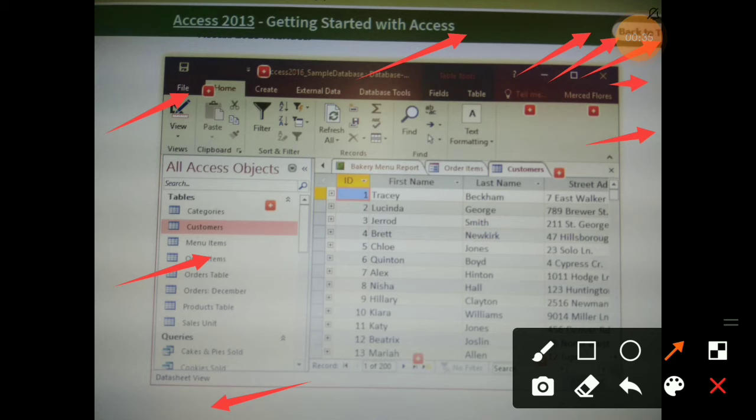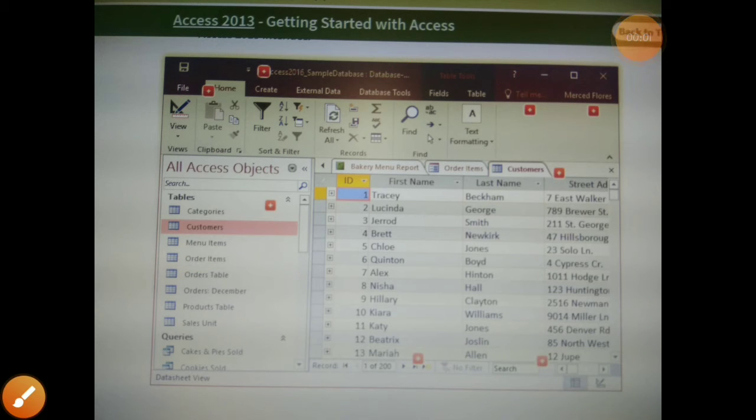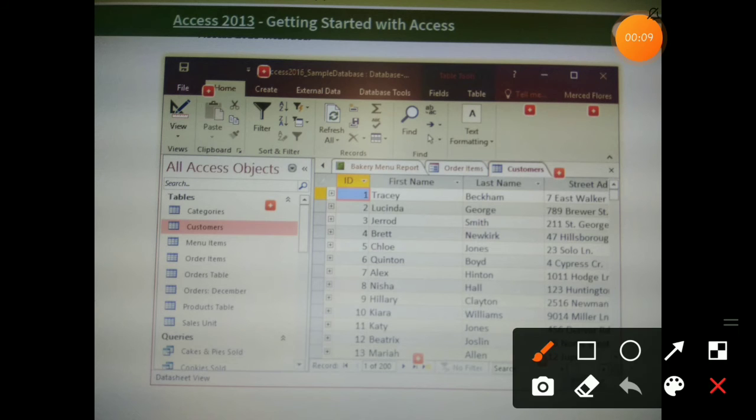So what is the title bar, which we are going to see about? The title bar appears at the top of the window. It displays the name of the active database and by default displays the path of the storage. What is the ribbon? This is a ribbon. The ribbon is the area below the title bar. The top of the ribbon has a set of tabs. Clicking a tab displays its associated set of commands.